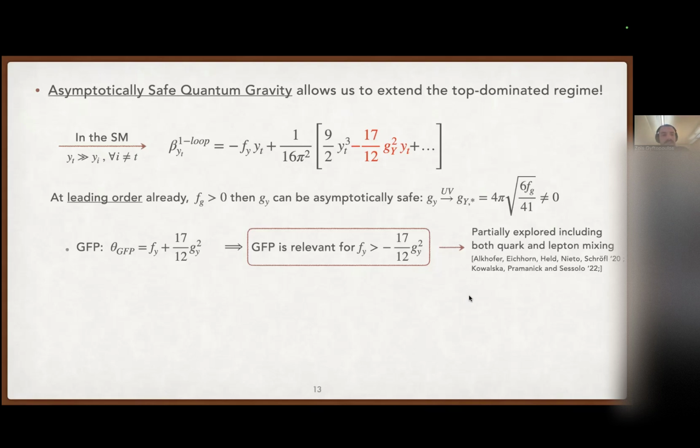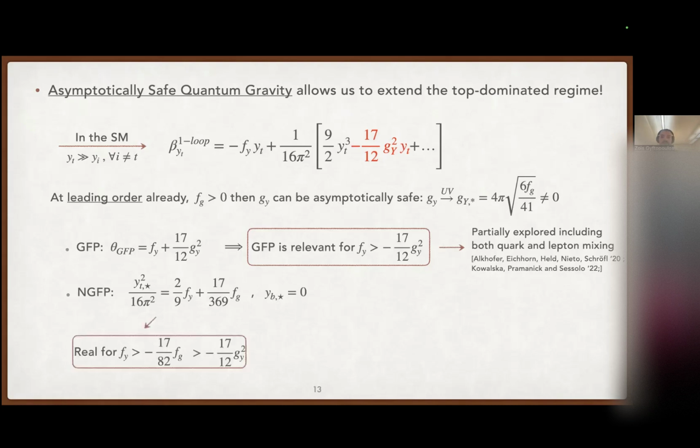But the most important fact here is that there is a fixed point for the top Yukawa coupling, which takes this form. So the top Yukawa coupling can be non-zero at this fixed point, and all of the other couplings, including the bottom, I'm just writing the bottom here, are actually zero. And the important thing to consider there is, of course, the critical exponents. It turns out that both directions here are irrelevant. So this is also good and bad,